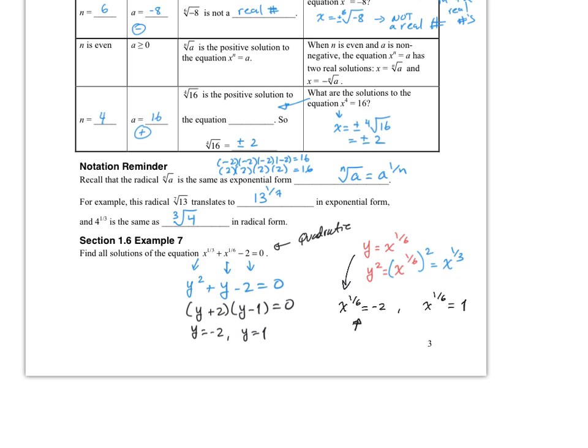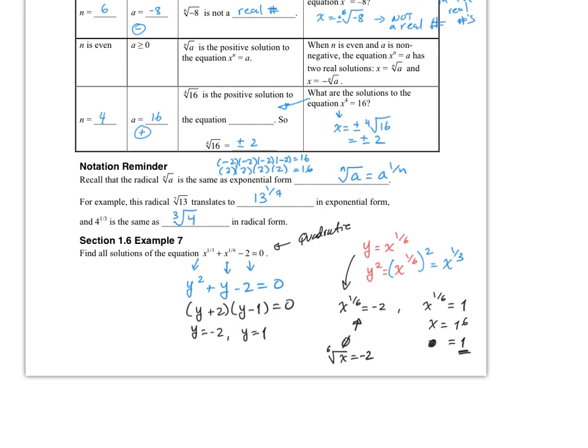Now this one is not a real number. Why? Because technically this is telling you that the 6th root of x is equal to negative 2. And that's impossible, so this has no solution, or not a real number. But this one does. So here x will be equal to 1 to the 6th power, which is equal to